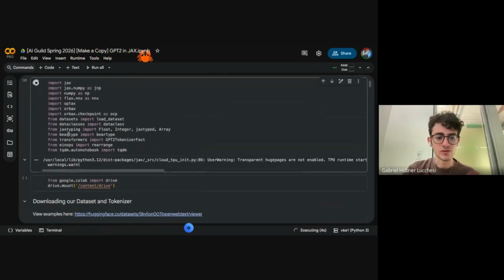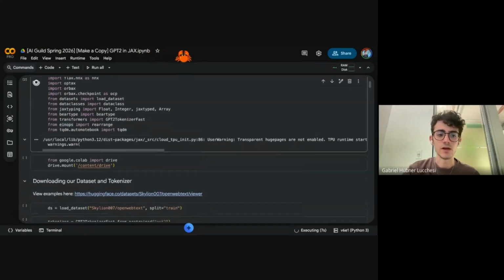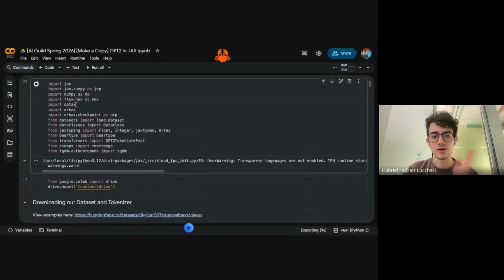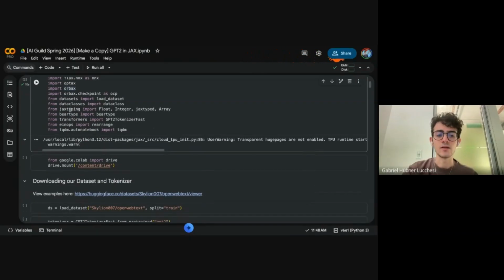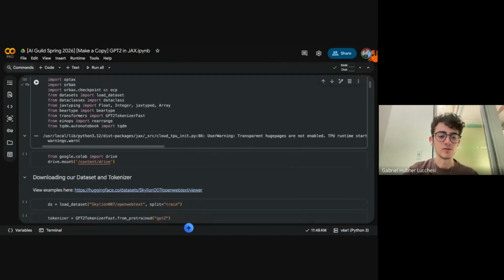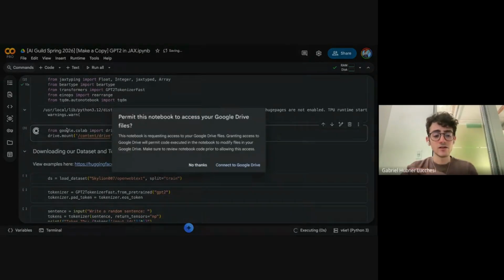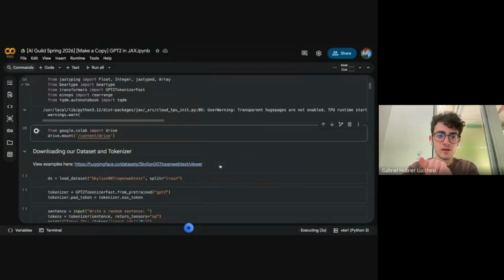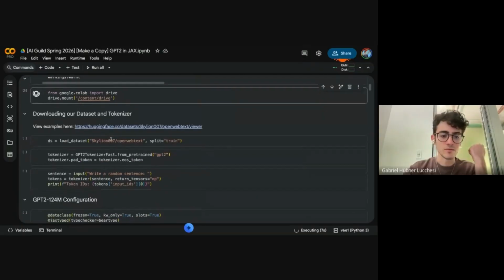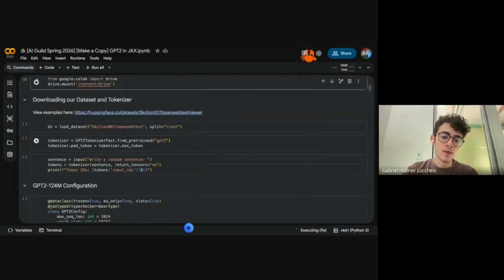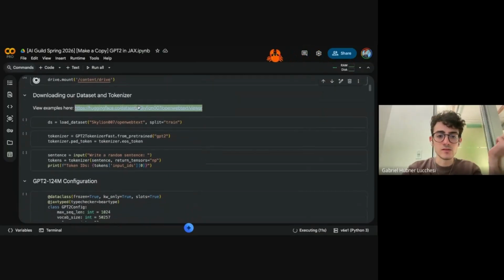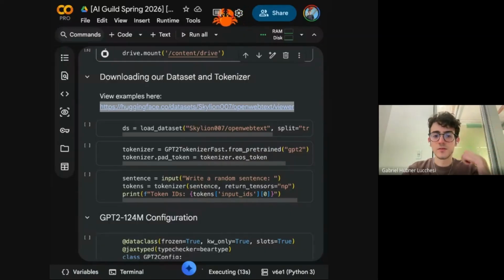So what this is doing is just importing all of our earlier stuff. We have Flax for modeling the neural networks, Optax for optimization, Orbax for checkpointing, and then the data loaders and some utility functions as well. I decided to connect to my Google Drive because I'm going to save my model checkpoints here, because you can then just import them wherever you want. And the data set that we're going to be using is this really popular data set.